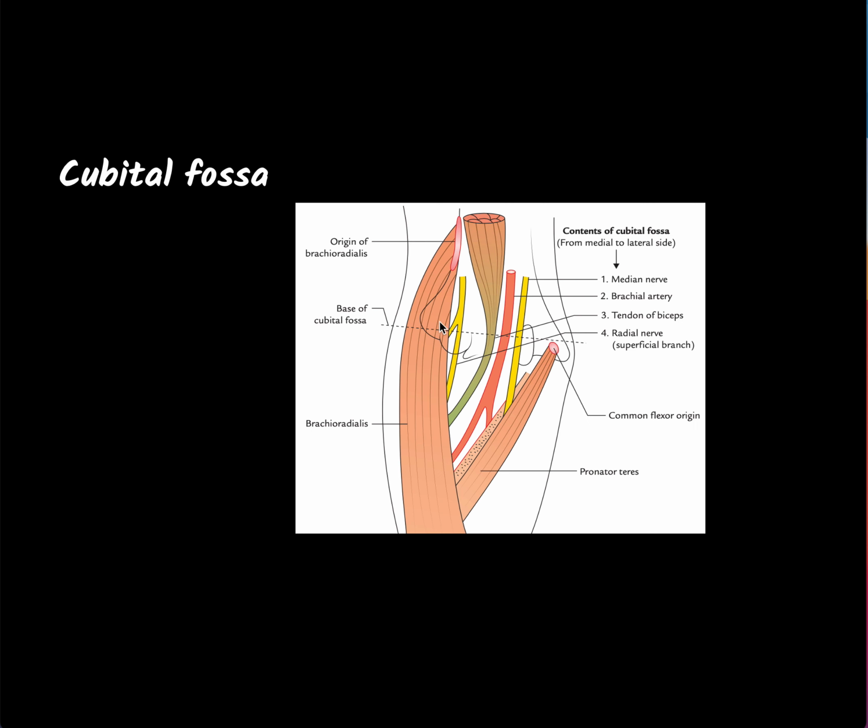And now this is where you can see the similar thing, brachioradialis and my pronator teres. And there you can see its contents, but before that, this muscle, the biceps, makes the floor of this cubital fossa, and then you can see its contents. Primarily we'll see here the brachial artery and median nerve, but if we stretch it a lot, then we may find the radial nerve and its branches, but that is not normally visible,